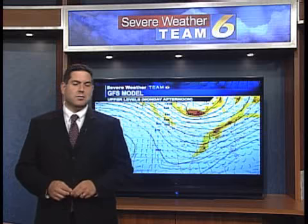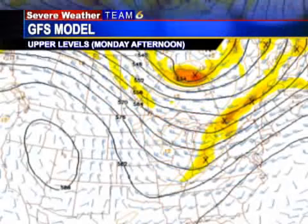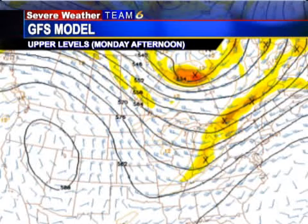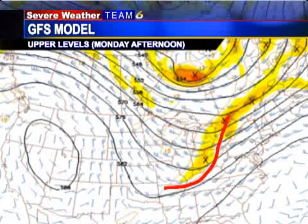I'm Tony Martin. Time to check out the Model Explainer segment, and we're going to go through time here with the GFS model. Check out the upper levels of the atmosphere first, and as we go throughout time on Monday afternoon, we'll be watching moisture from what's left over of Ike work its way off towards the north and east, and combining with that a cold front by this time working through parts of the Great Lakes, the Ohio Valley,